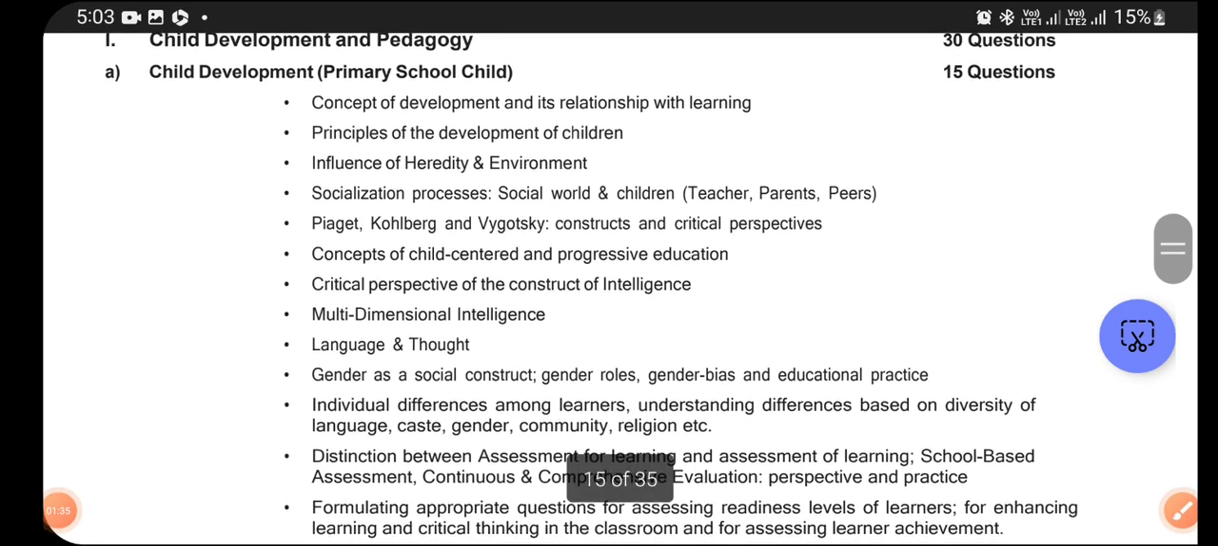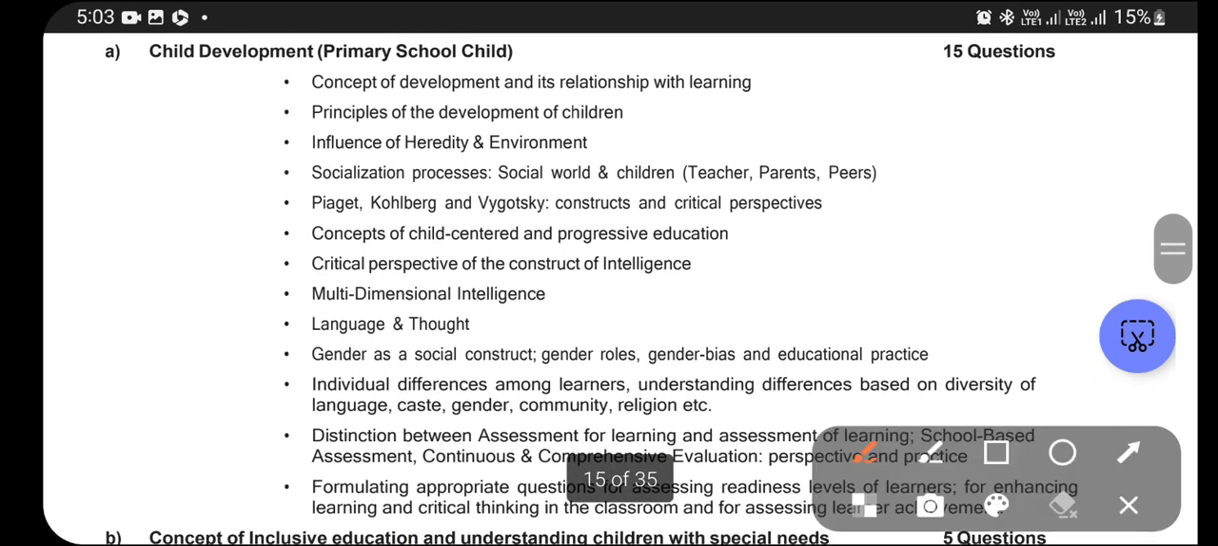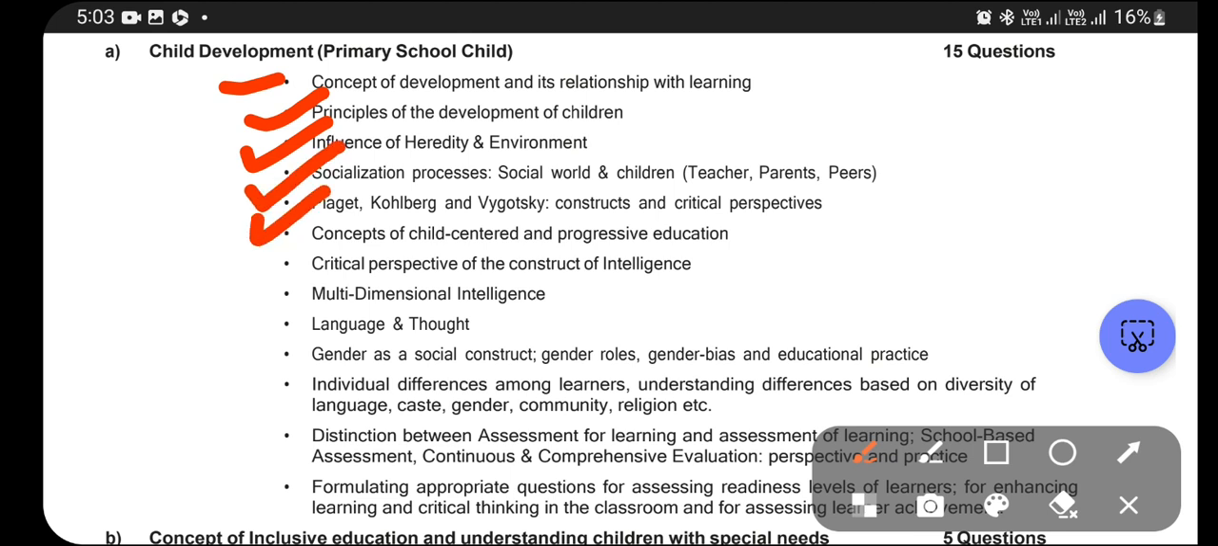So this is the first topic: child development, primary school child. Okay, 15 questions will come from there. The topics are concept of development and its relationship with learning, principles of the development of the child, influence of heredity and environment, socialization, Piaget, Kohlberg, Vygotsky, constructivist and critical perspectives, concept of child-centered and progressive education, critical perspective of the construct of intelligence, multidimensional intelligence, language and thought, gender as